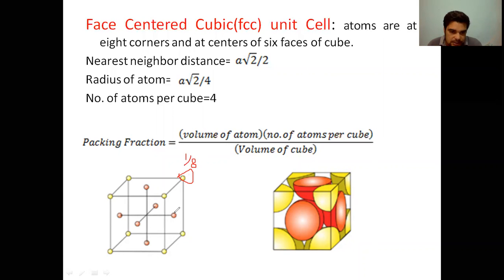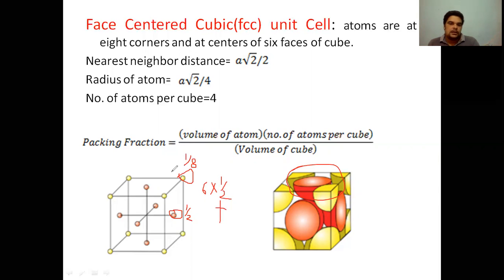Now what will be the share of this atom? You can see here that it is shared between 2 cubic units. So the share of this will be 1 upon 2. So what is the number of atoms per cube? Here are 1, 2, 3, 4, 5, 6 atoms, each having a share of 1 by 2. So the number of atoms in that case will be 6 into 1 by 2